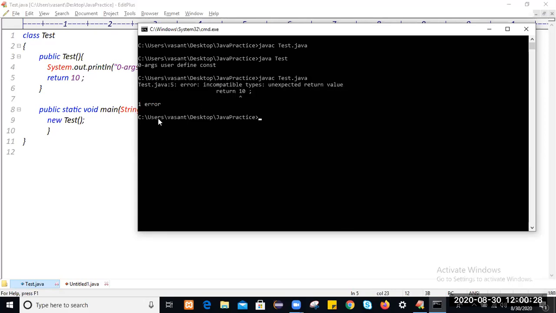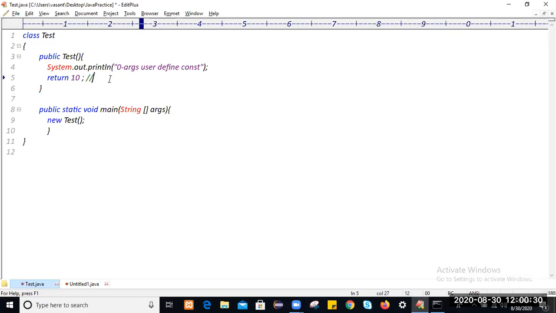Actually, a void method doesn't return anything. So by default the return type of the constructor is void. If you try to change the return type of the constructor, then it will be treated as a method only, and you have to call that method while creating the object.